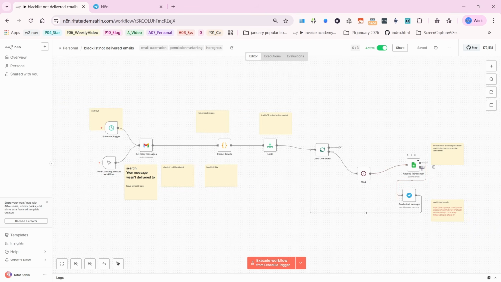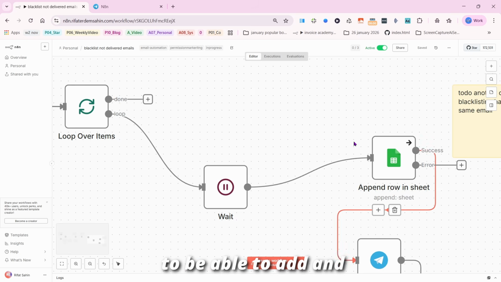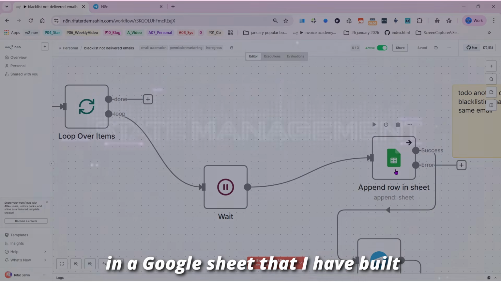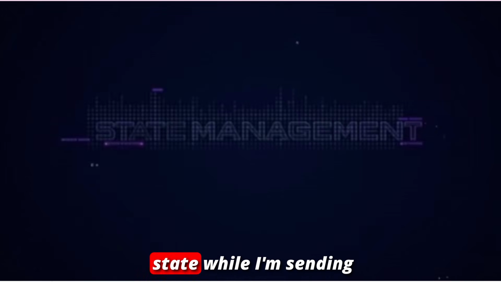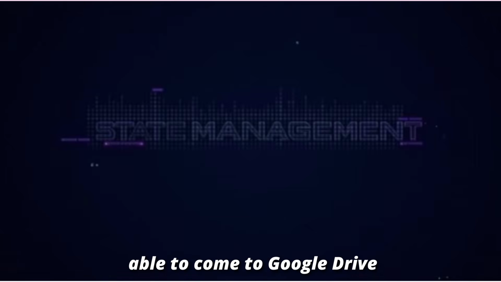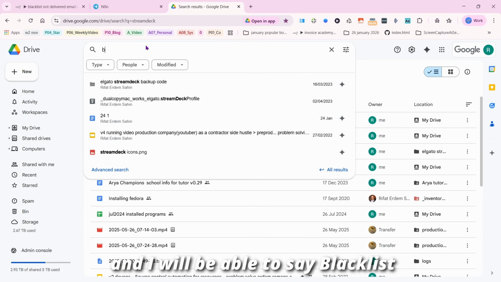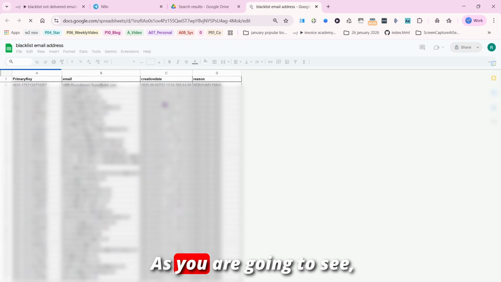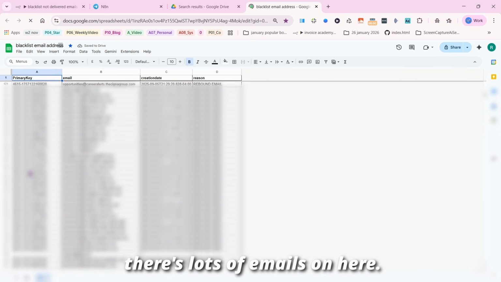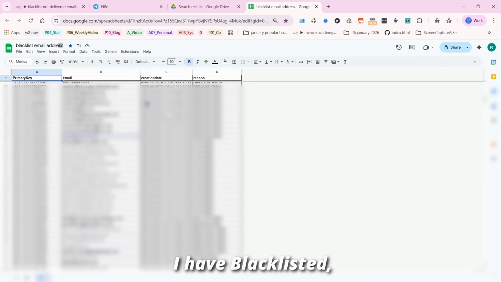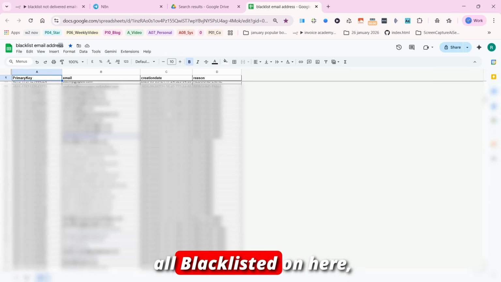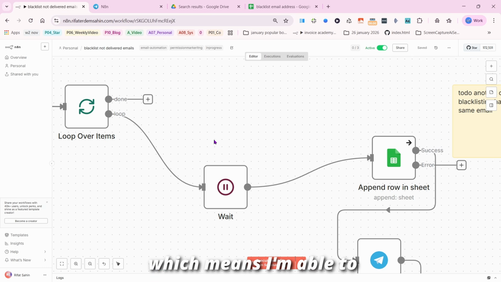A complex system on here is able to add and append all the rows on a Google Sheet that I have built to have some state while I'm sending my daily emails. I will be able to come to Google Drive and say Blacklist and go to that blacklisted email addresses. As you are going to see, there are lots of emails on here I have blacklisted, so I'm never going to send them an email because they are all blacklisted on here,